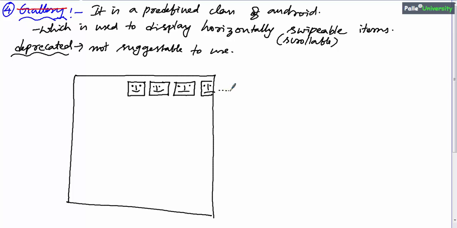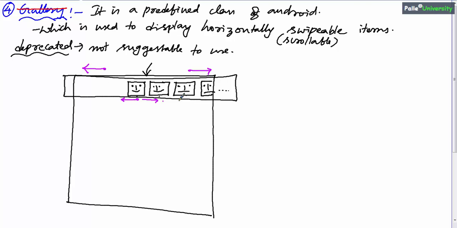Now my requirement is that these images should be horizontally scrollable or swipeable, which means the user can scroll either to the left side or to the right side by tapping on these images. So this can be achieved through gallery. Programmatically we will use a gallery which looks like this, and within the gallery we will place these elements which are horizontally scrollable either towards the left side or right side.